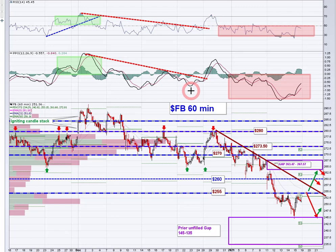As we discussed yesterday, a lot of these are right on the edge of either rolling over or going down to the bottom of their trading range. And we talked about yesterday, Facebook on the daily chart is right down here where the 200 on the daily is. And I think